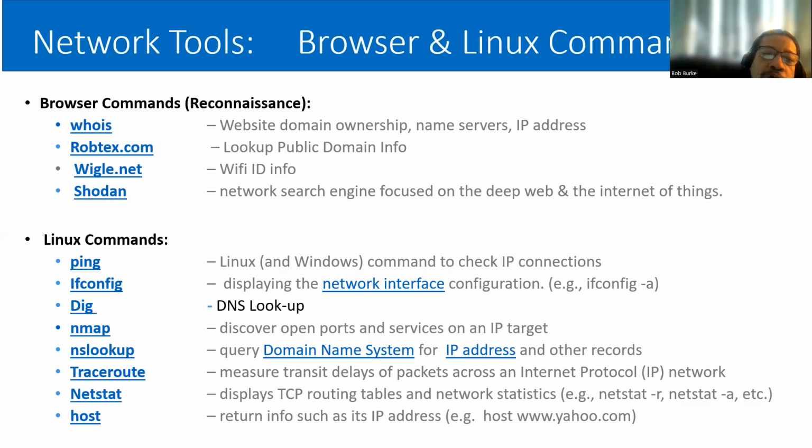ifconfig, in the Windows world, is called ipconfig, but it just shows the configuration on your device. It shows how your network interface is set up, what your IP address is at that moment in time, and what other addresses are active in your machine. So ifconfig or ipconfig in Windows are the two quick ways to find out your network credentials. Okay, the rest we'll talk about later,